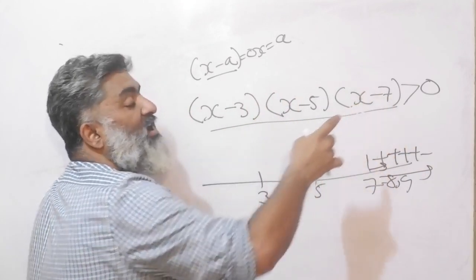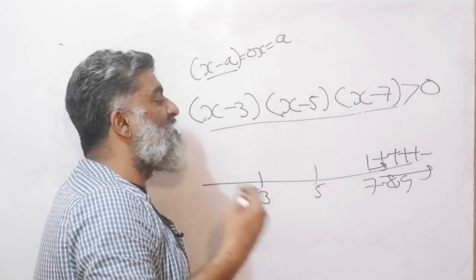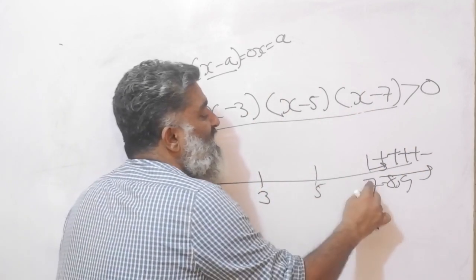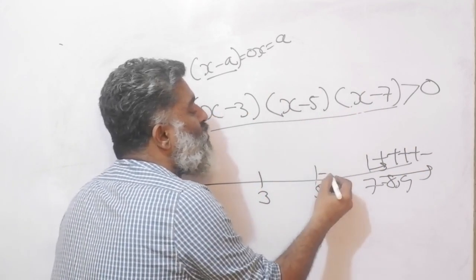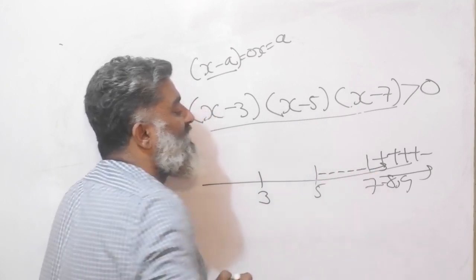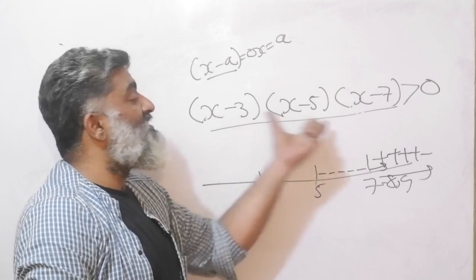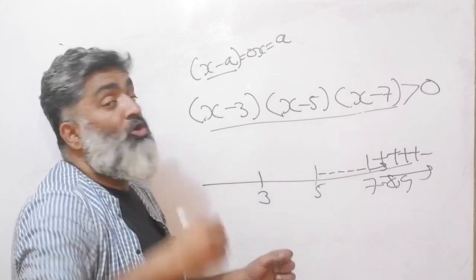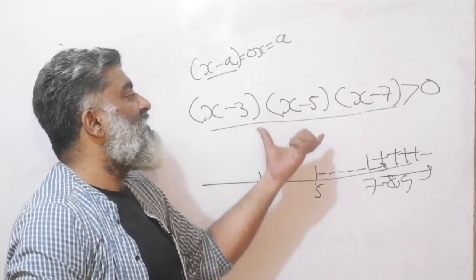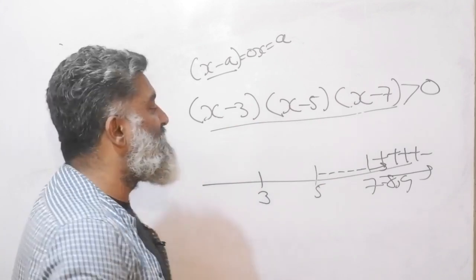But this one will be negative. And when you multiply them, your result will be negative. So between 5 and 7, the overall output of this function is going to be negative. If you put 5.1 or if you put 6.9, the result is always going to be negative. Do not take my word for it. Plug in the values and check for yourself for that extra comfort.